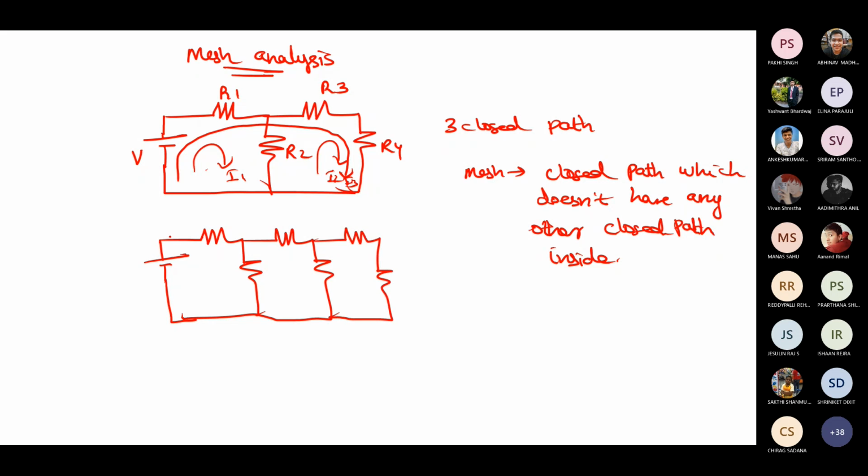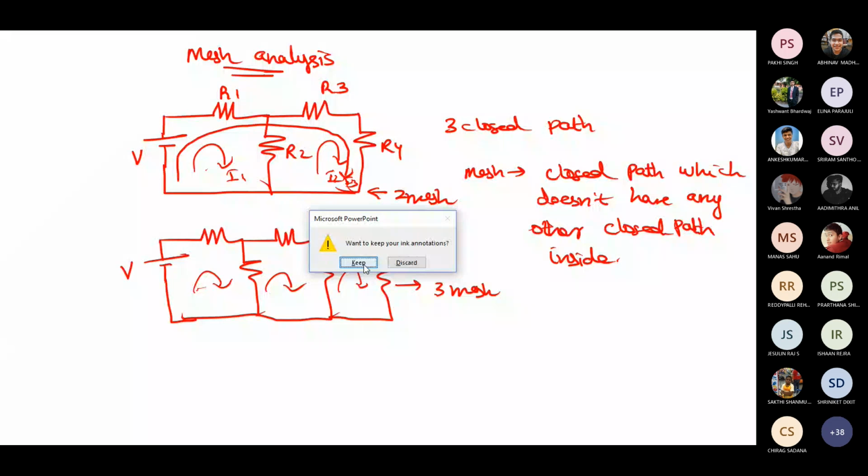Okay, like this I'm having a circuit. So how many meshes are there in the circuit, students? Three meshes. Okay, only these closed paths we're going to take as meshes. Assume directions; you can assume anything, I'm just putting an assumption like this as a current direction. So this has three meshes, and the earlier one has two meshes. This is the first thing you should understand. Then we are going to apply Kirchhoff's voltage law for each mesh, and we have particular rules and regulations in writing the mesh analysis. Once you do that, we will be writing the mesh analysis equations. So have this idea of the mesh.